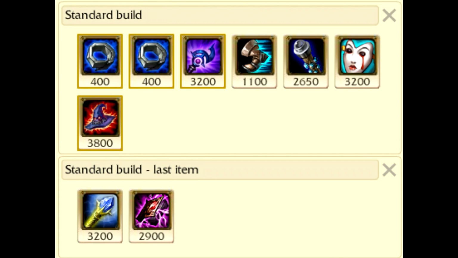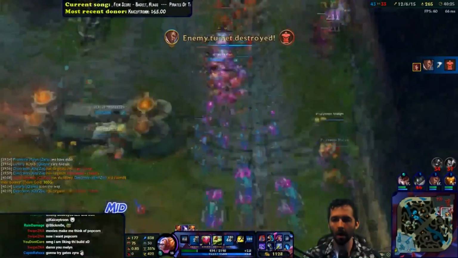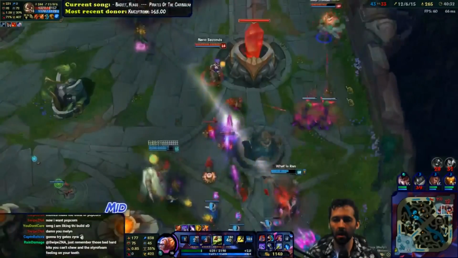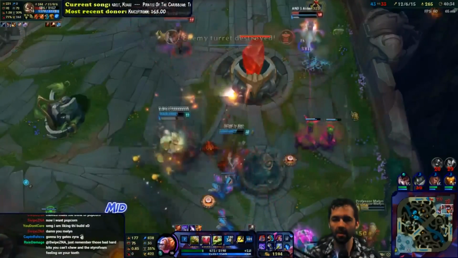My most common build is double Doran's Ring into Luden's Echo, Sorcerer's Shoes, Void Staff, Liandry's, Deathcap, then Morellonomicon or Rylai's as the situation warrants, playing Zyra primarily as a poke mage. With this build, one QW will do an absurd amount of damage, even to tanks. With Rylai's, it will also help to do an AoE slow that can be extremely effective in helping your team